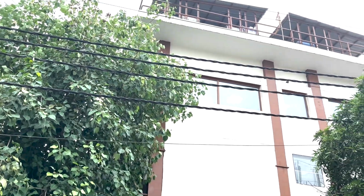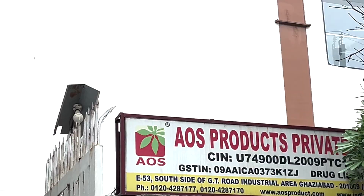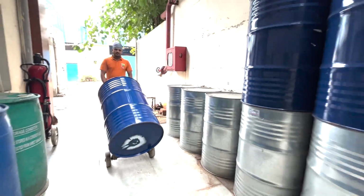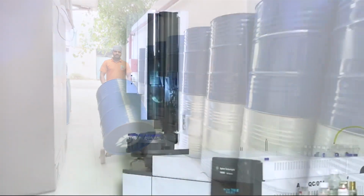Welcome everyone to the manufacturing site of AOS Products Private Limited. In front of us is the main entry gateway of the site. Just after entering the gate, we can see the passage where the materials are unloaded and are sent to the QC department